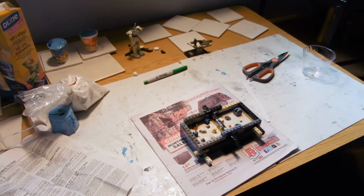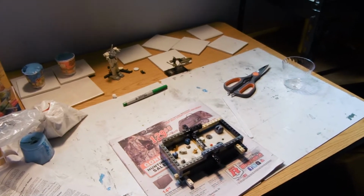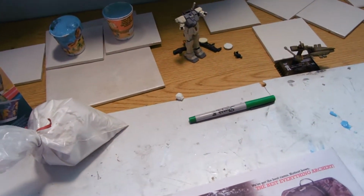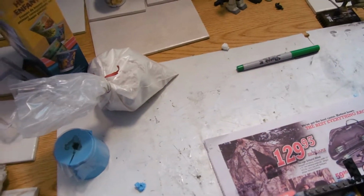Well, guys, here's a look at today's mold making for resin casts. It didn't go so well. This is my original cast of a GM head. I made that about a year ago, and then I just